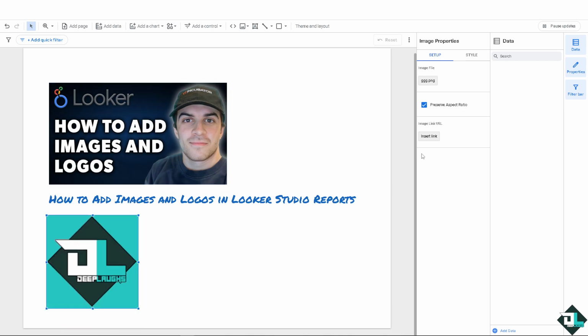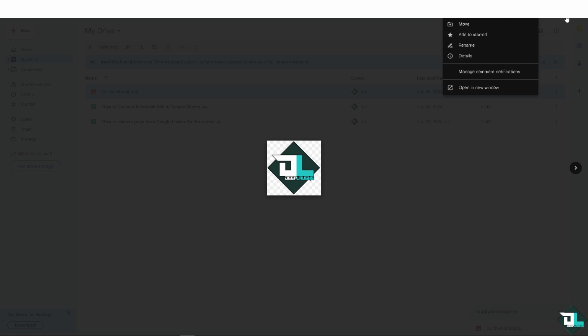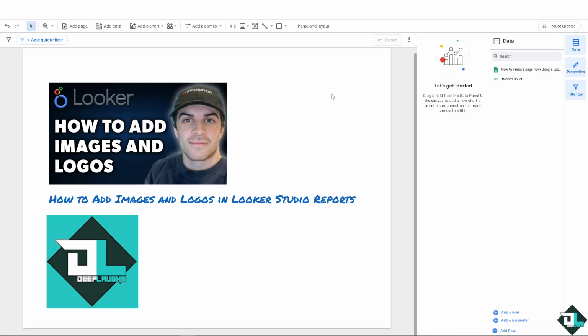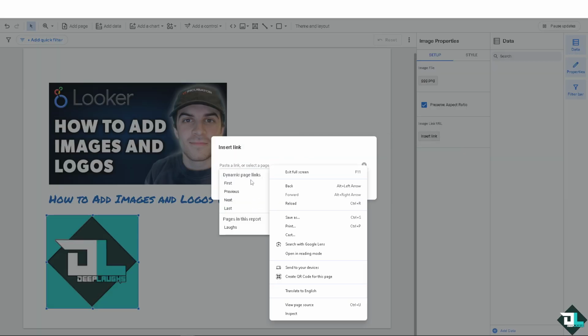You can also use the image link right here. You can add an external URL to make this image component a clickable link. So let's do that right now. I have a small file here, and what I'm going to do is click this link right here. I'm going to copy that link and switch over to the Looker Studio report editor. Again, on this side right here, click on the image. You can also insert a link. Okay, paste that